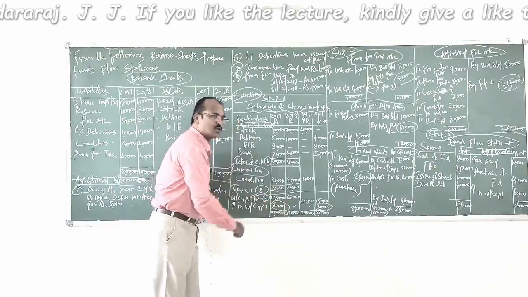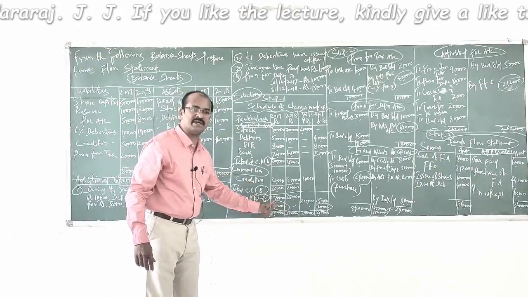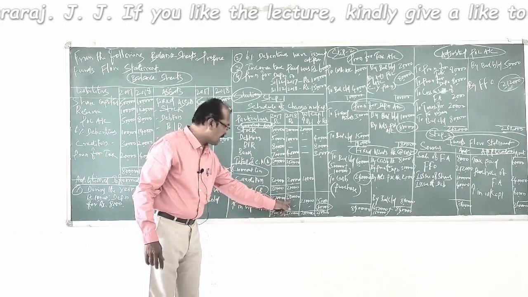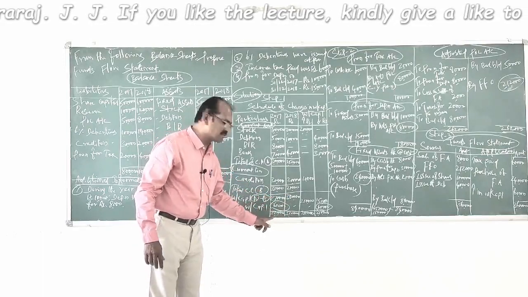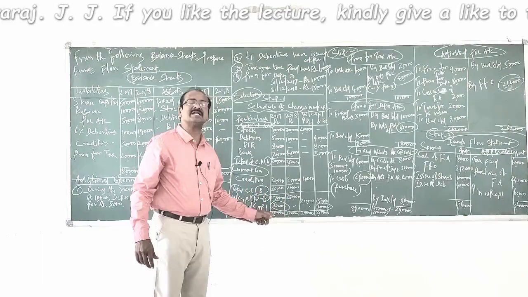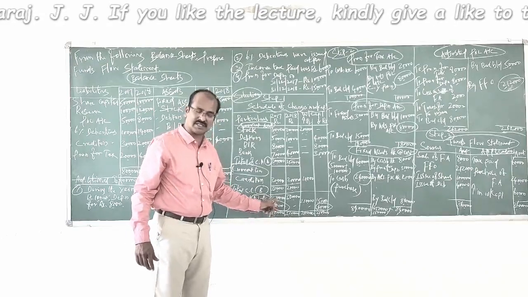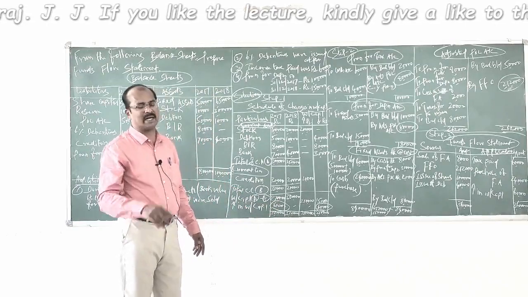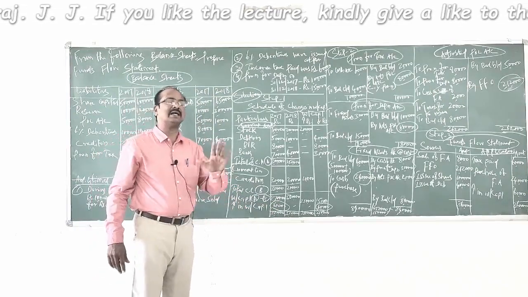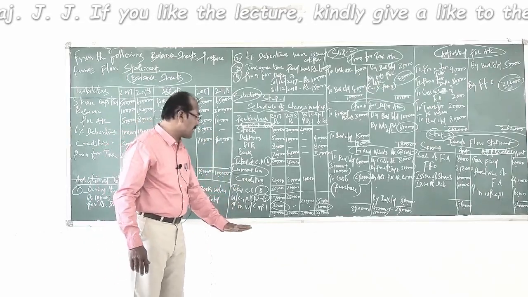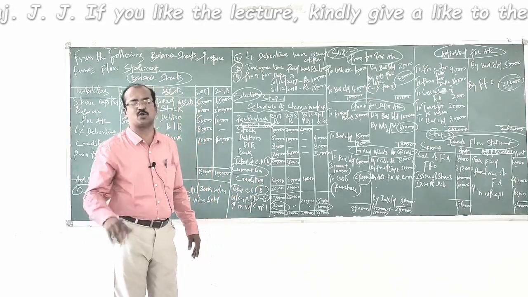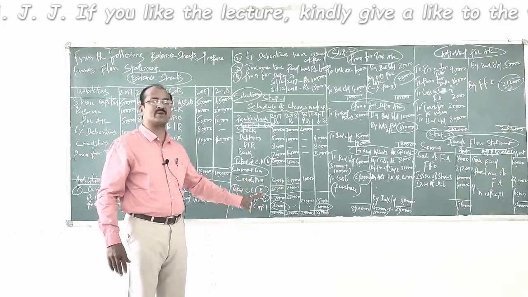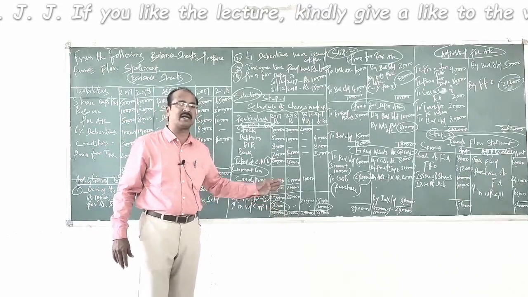Now let us choose the first two columns, which are meant for 2017 and 2018. Which is the higher amount among the two? 3,30,000 is the higher amount, and that becomes the total amount. Now, what is the balancing figure in the first, 2017 column? It is 60,000 rupees. Therefore, what can you understand? It is nothing but an increase in working capital. The working capital, which was 2,70,000 rupees in the last year, has become 3,30,000 rupees in the current year. That is why it is an increase in working capital amounting to 60,000.